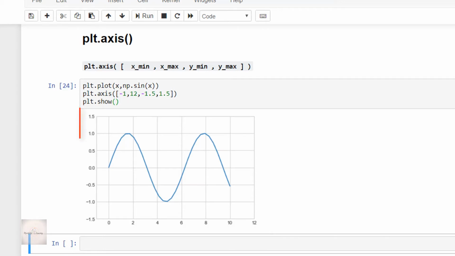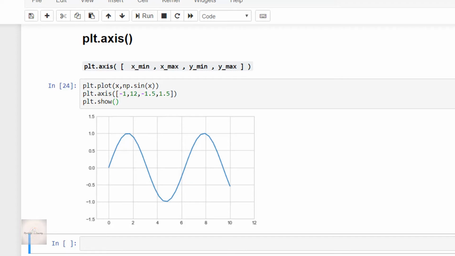And in the y-axis, the step size of markers is 0.5. So even though we are controlling the range of x-axis and y-axis, the step size is automatically taken care of by matplotlib. Do you agree with me on this?